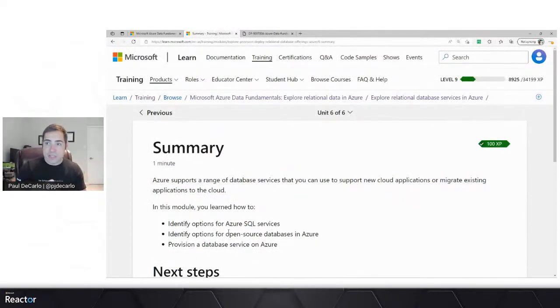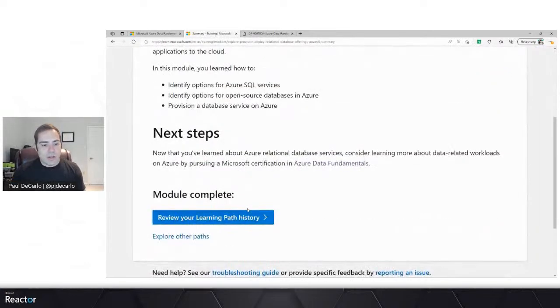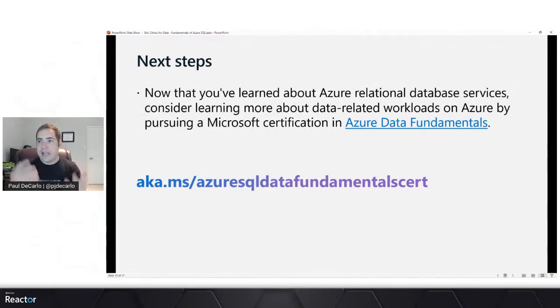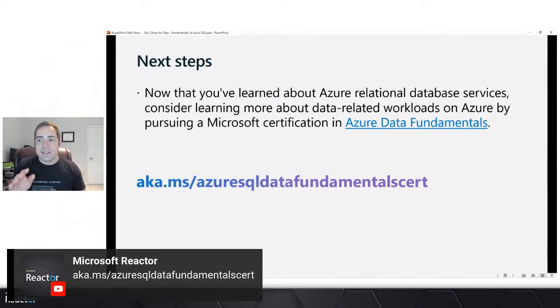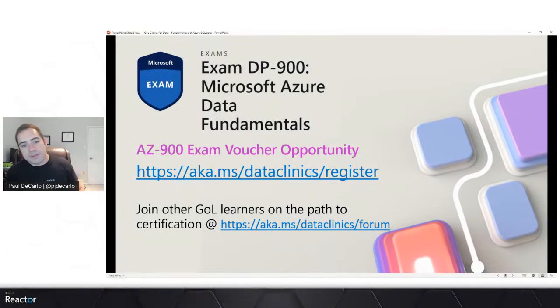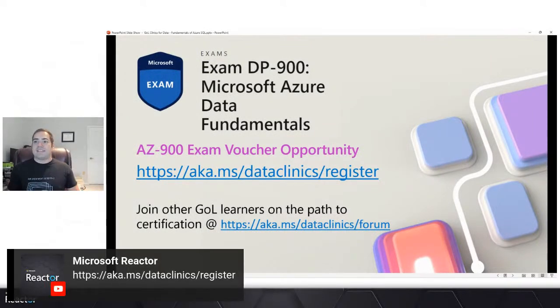So hopefully everybody's learned all this. You've completed 2 modules today, and we're well on our way now to completing the requirements for the Azure Data Fundamentals certification. So again, I do want to drive home that while you're attending the Game of Learners Data Clinics, there is an ability to complete the Data Fundamentals certification at your own leisure alongside this content, which is highly relevant since these are related concepts. And we're also giving you the ability to sit for that exam for free.